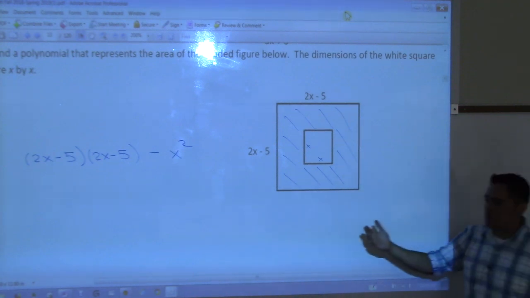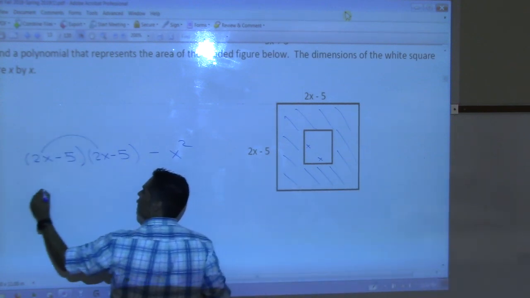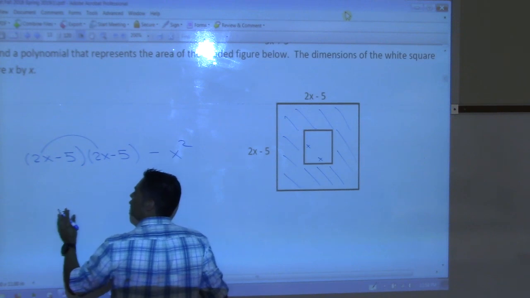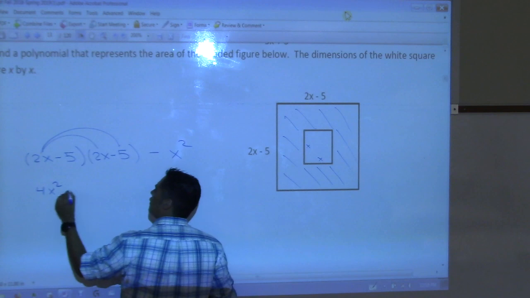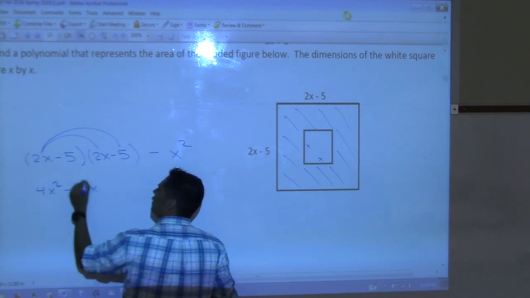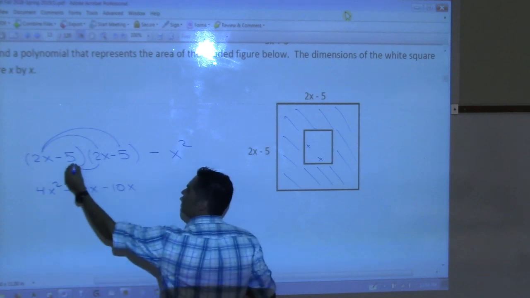Now, we would need to finish it up. So we would need to clean this up. We have to actually multiply this out. So what is 2x times 2x? 4x squared. And then this times this would give us negative 10x. Negative 10x again on the inside. And then the last one here would be plus